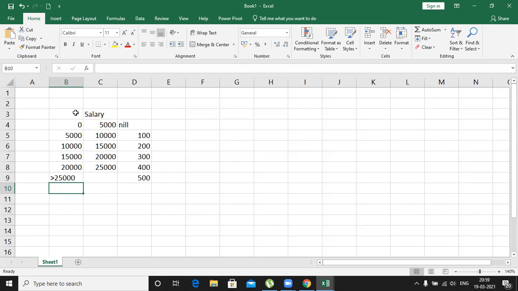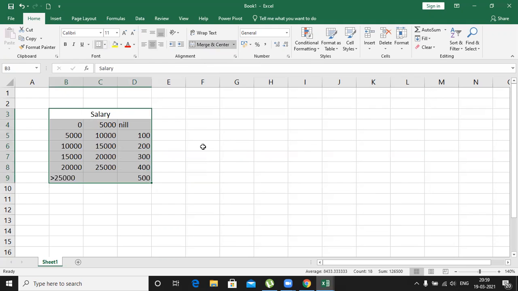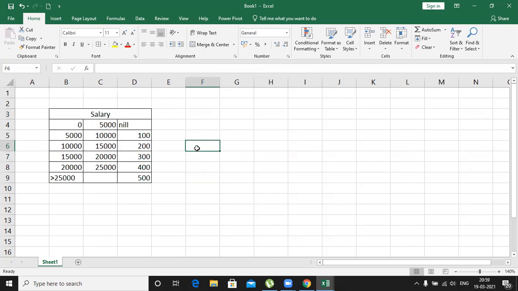Now you think and decide, and try to write a formula. What type of formula are we supposed to use for this particular task? Can you guess and tell me? We look up. Not VLOOKUP. Instead of VLOOKUP, what other type of formula can I use? I can use the IF formula. Okay, how many conditions do I have?